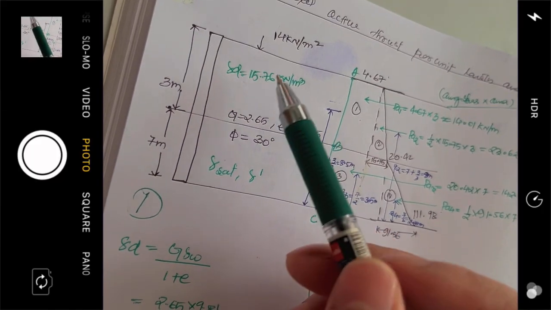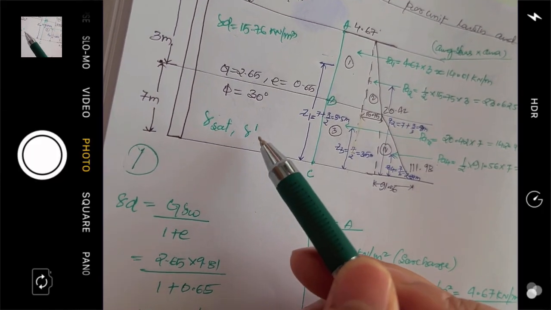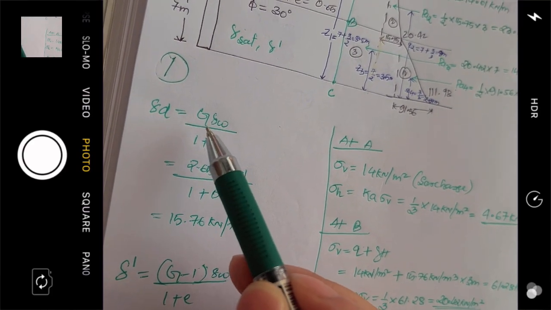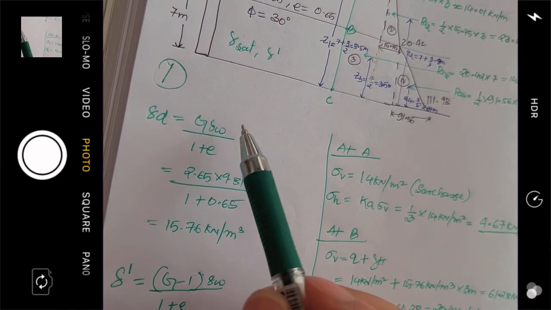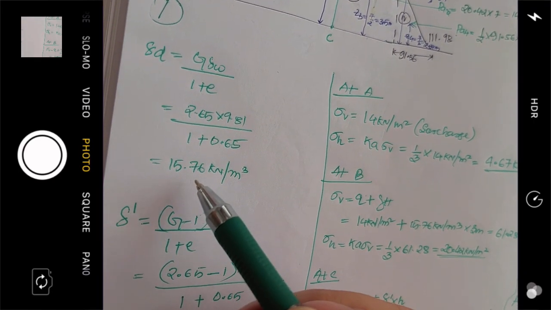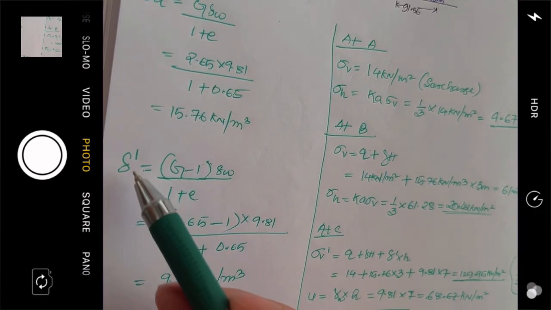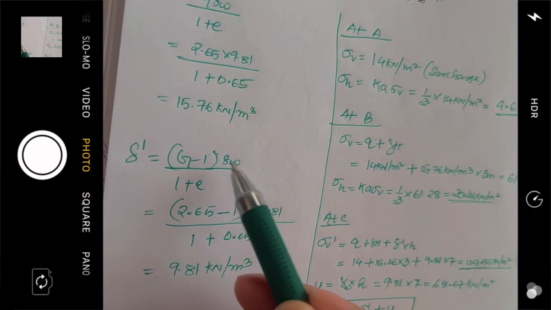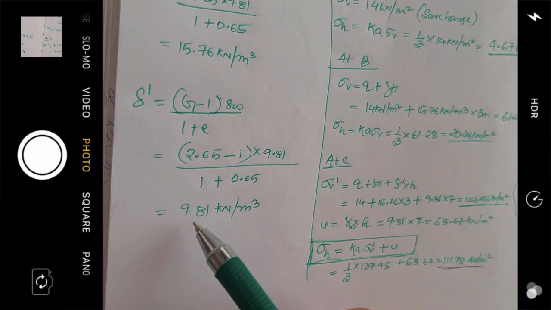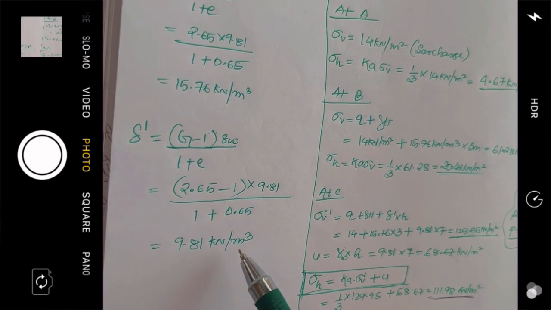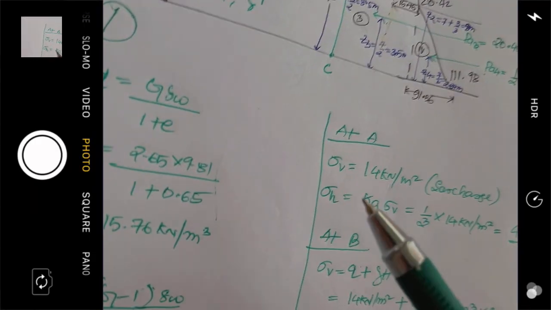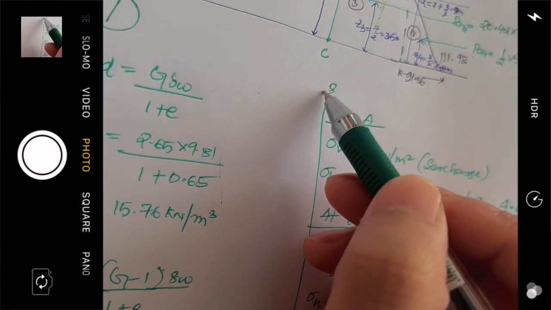First we need to find out the gamma dry and gamma submerged values. From this formula, gamma D equals (G gamma W) over (1 plus E), we can find out the value of gamma dry. It's 15.76 kilonewton per meter cube. Similarly, gamma submerged is (G minus 1) gamma W over (1 plus E). So from here we get gamma submerged equal to 9.81 kilonewton per meter cube. After finding out the values of gamma, we will proceed to step 2,